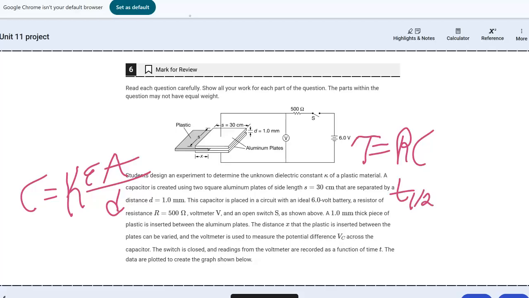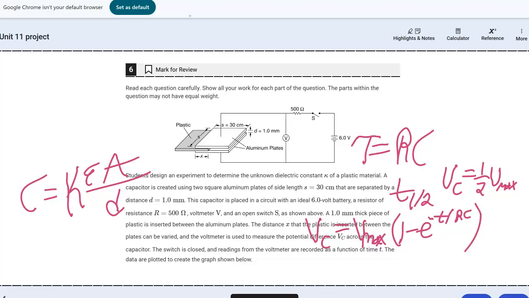At that time, our VC will equal 1/2 Vmax. And our equation for charging is VC equals Vmax times (1 minus e to the negative t over RC). And then the last thing we're going to need to know is the parallel capacitor,